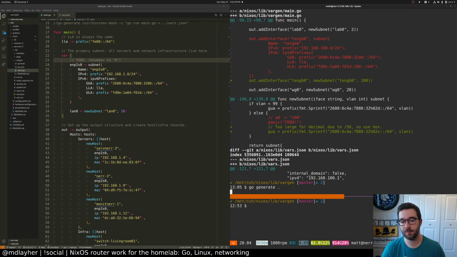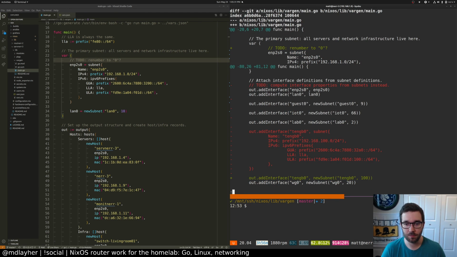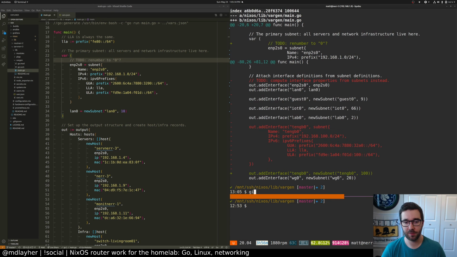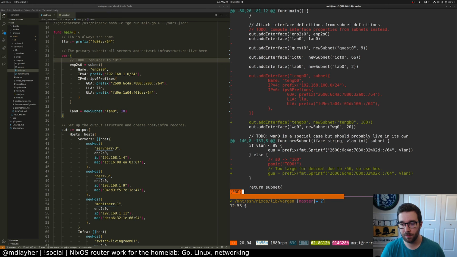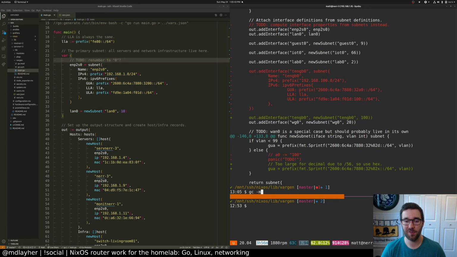Go generate. Cool. Git add star. Happy eyeballs. Yeah, exactly. Cool. So NixOS lib vargen. Happy eyeballs. Yes, I said happy eyeballs. That's literally the name of the algorithm. The idea is it makes your users happy. New convention for